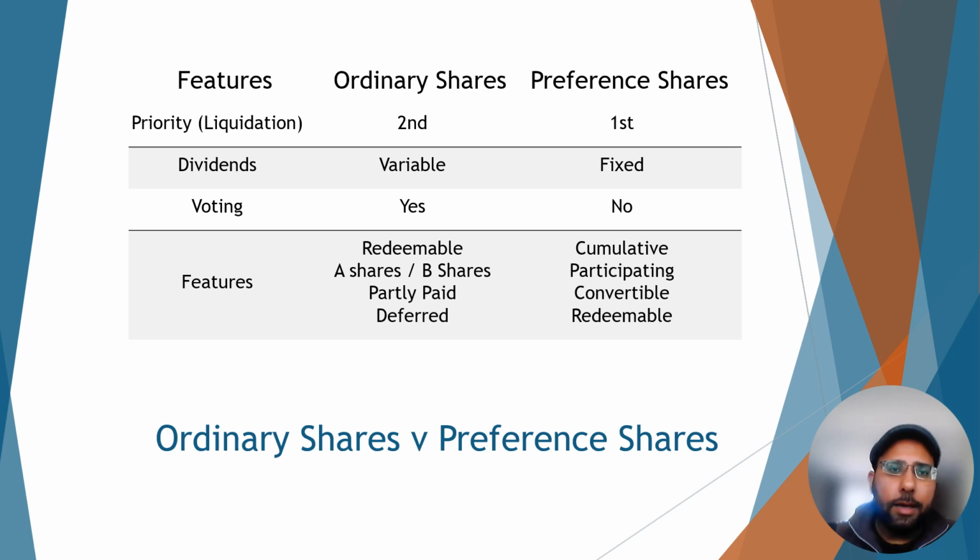And then you will get partly paid shares. This is where investors will only pay a part of the share's total price up front, with the remaining balance due in a number of installments or at later dates. So holders will have partial ownership. They may receive partial dividends and voting rights.